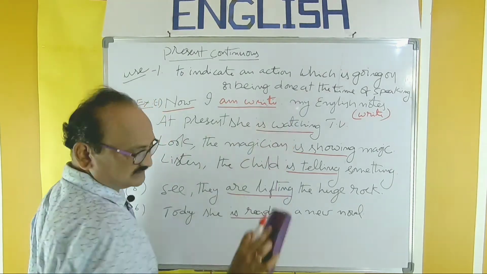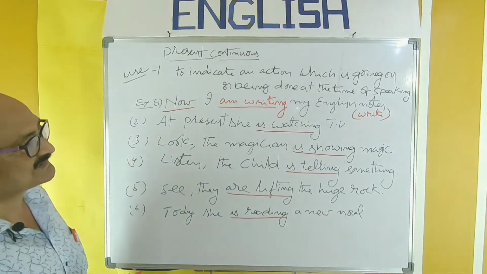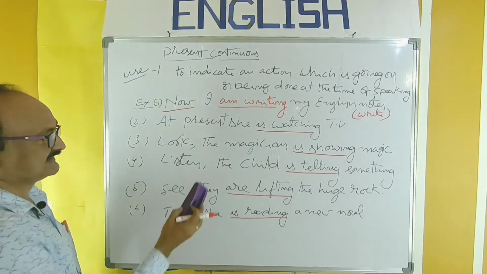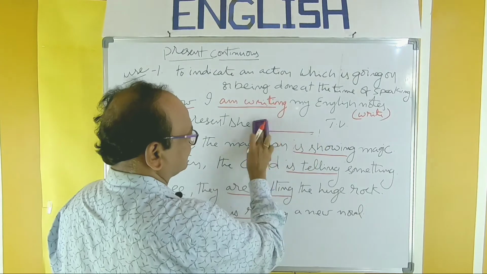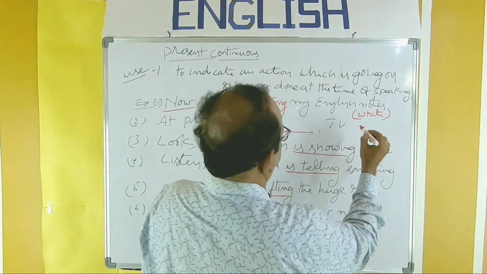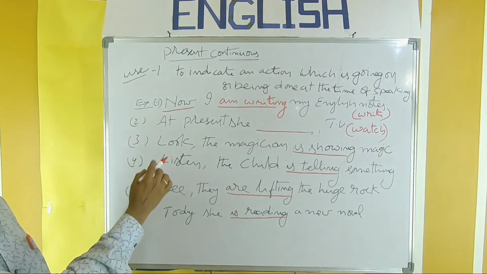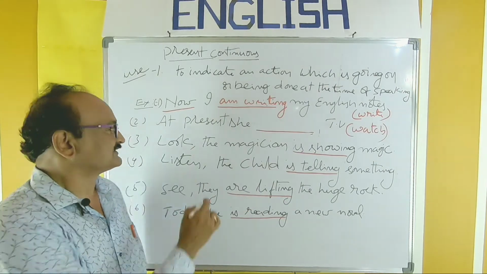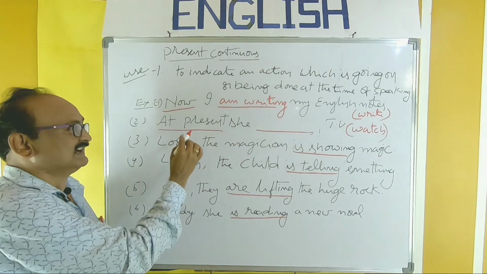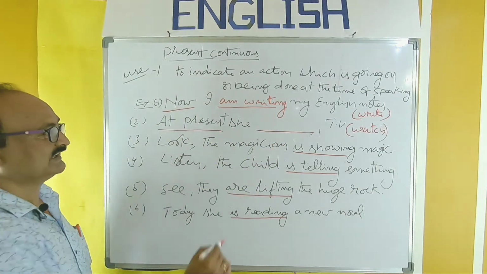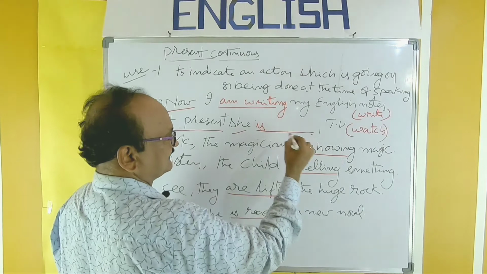Let me write it legibly. So now I am writing my English notes. Take this one also, the same. Verb part is kept blank. Watch is the verb. Read the sentence properly. At present she dash TV. So at present, by observing the word at present, you have to recognize that this sentence belongs to present continuous and recall the structure and fill it properly. So with the subject she, you have to use the be form is watching.